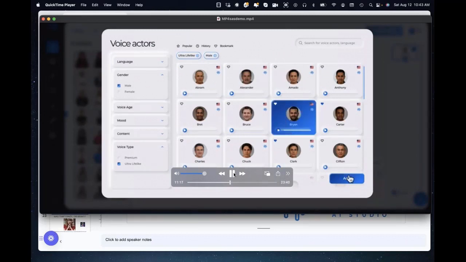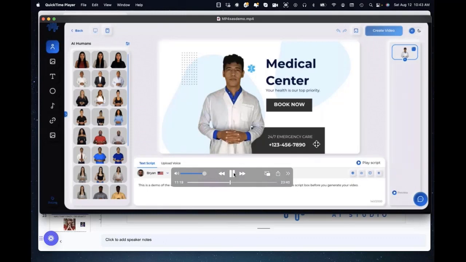Yeah, let's pick Brian. I'm going to add Brian in there. And notice they're slightly different. The names are a little bit different than from before when we were in the actual AI voice. Those names are actually a little bit different. There's a different collection. Okay, so we're on with Brian.